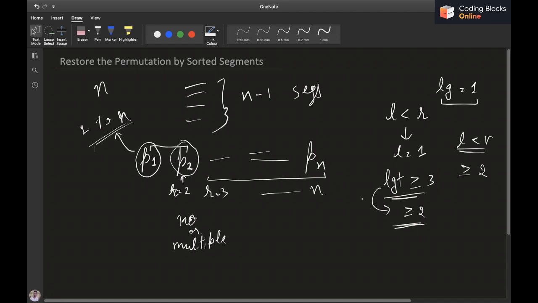I hope it is pretty clear. So what we are going to do is fix our first value. We'll try every value as our first value. Now if we are trying some value as our first value, we'll try to identify the permutation uniquely for that particular first value. If we are not able to do so, then well and good, we'll try some other value.